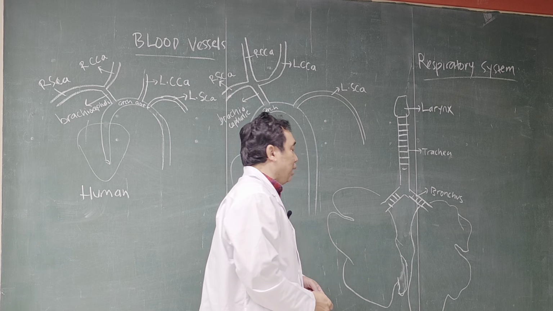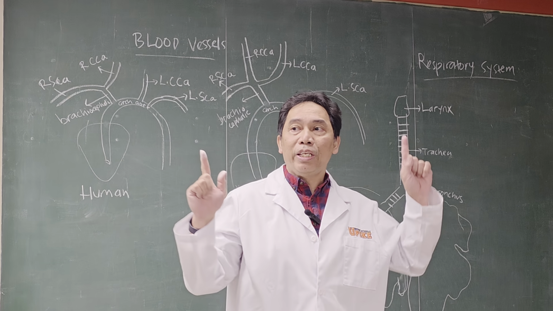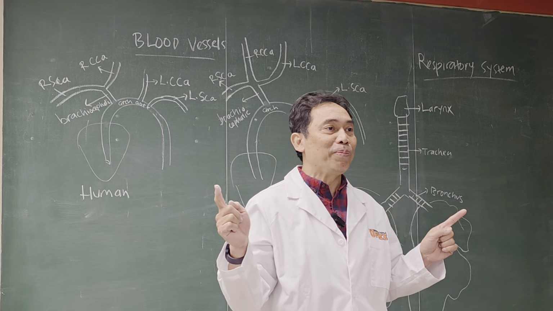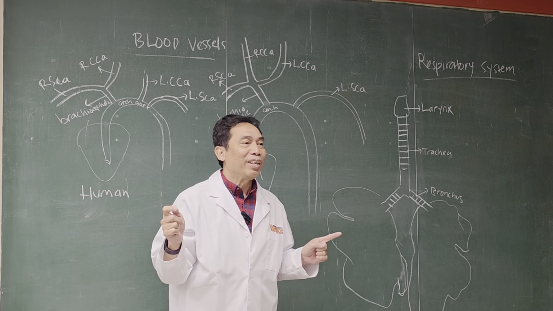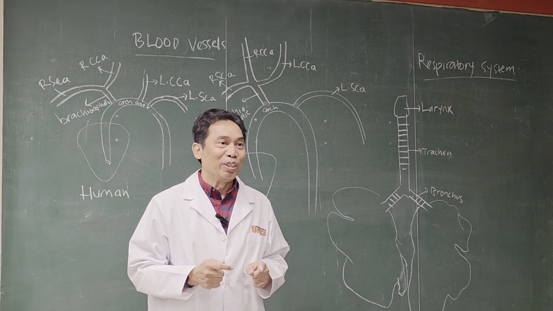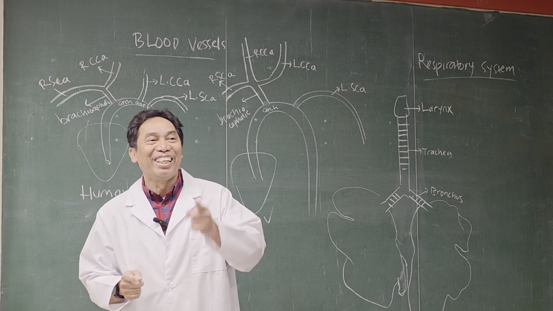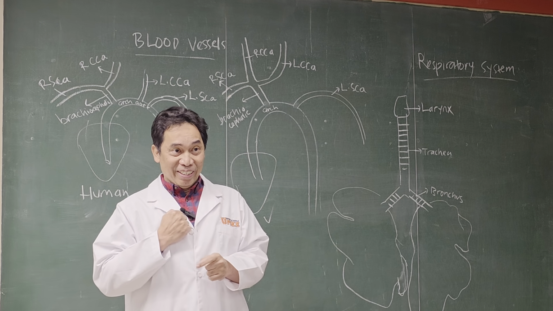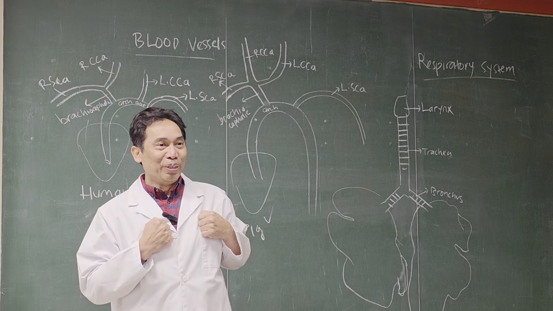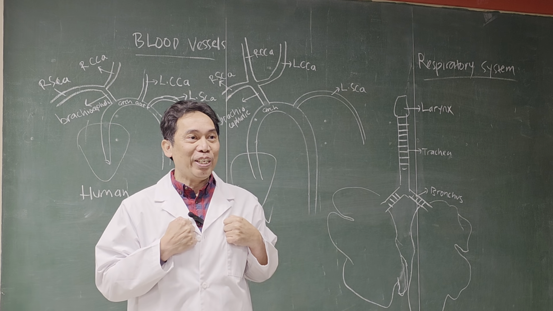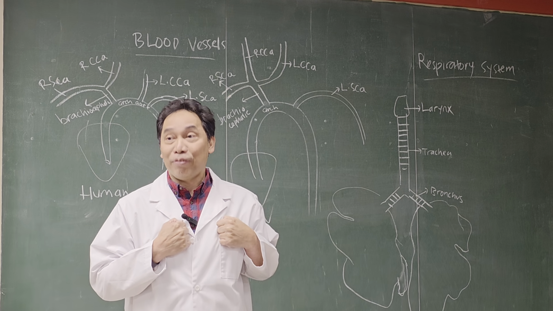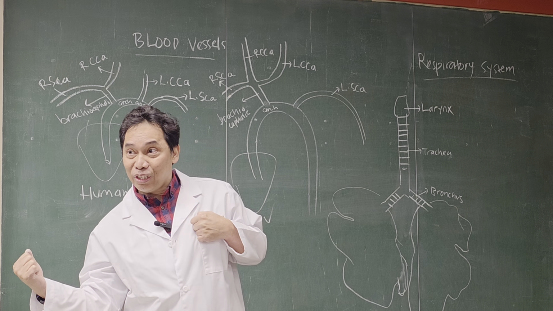Okay, now you still remember how many lobes are in human lungs? How many lobes on the right side? How many lobes on the left side? Do you still remember, Joe? How many on the right? Daniel, 3 on the right. There are 3 on the right. How about on the left, Ethan? 2. So total, how many lobes in human lungs? 5. 3 on the right, 2 on the left.